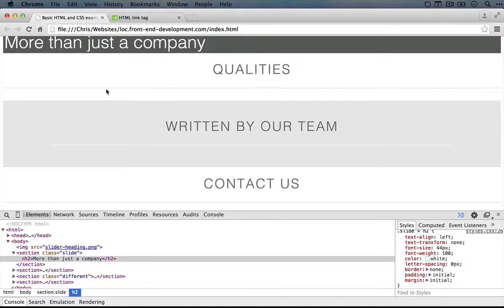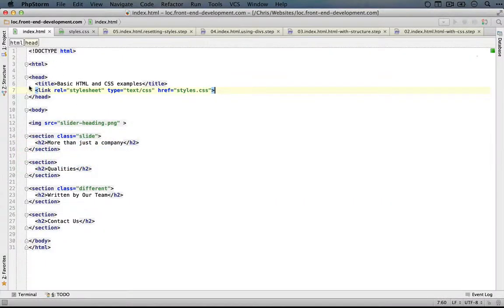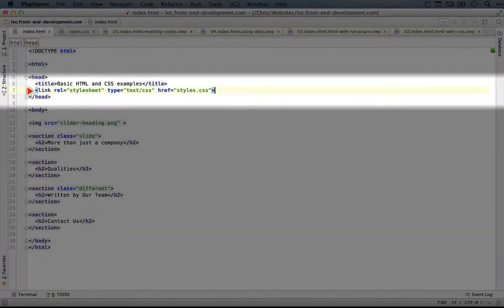One is that as our CSS becomes more complicated, we can split it up into several different CSS files and just include them with this link tag. As you add additional style sheets, they fall under the same hierarchical rules as the styles themselves. So the style sheets, or CSS files, that you add near the bottom will take precedence over the selectors in the style sheets near the top.